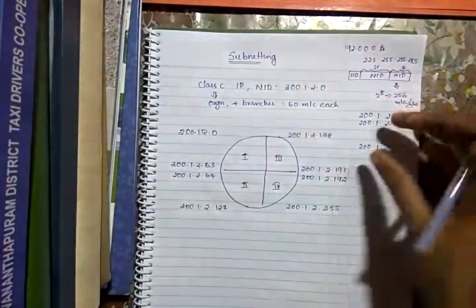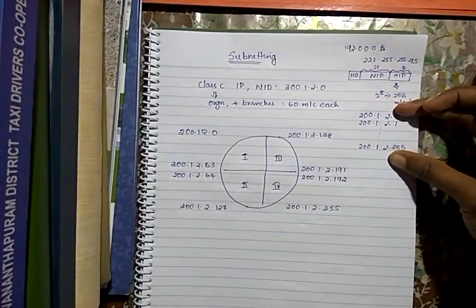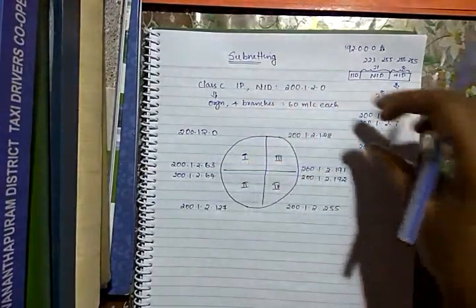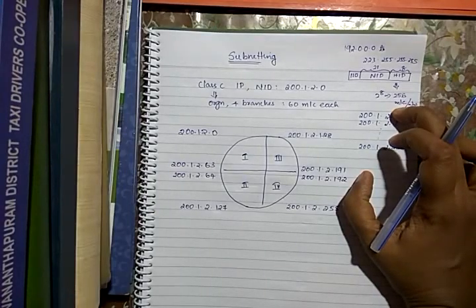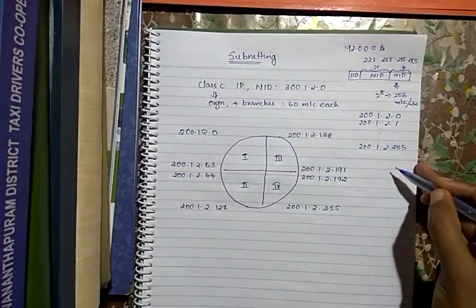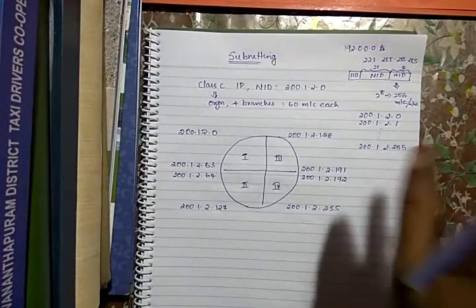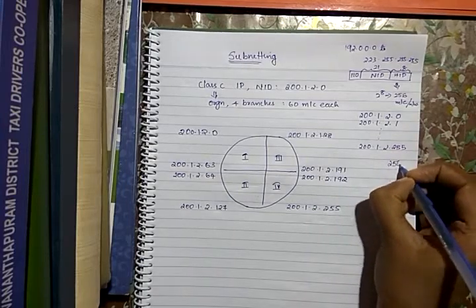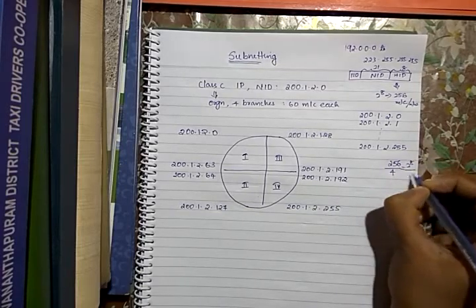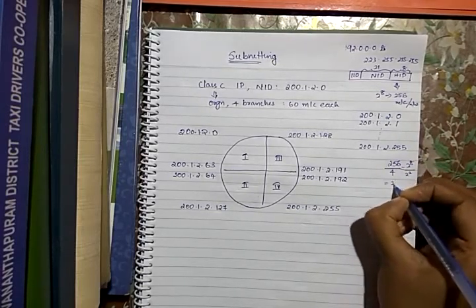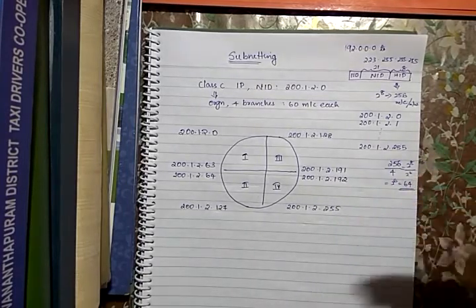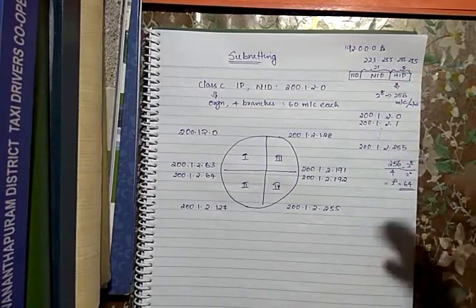One better way is, it can buy these 256 addresses together by this particular network ID, and it can divide these 256 addresses into 4 parts, because we have 256 different combinations. When 256 is divided by 4, it is 64, because 256 is 2 raised to 8, 4 is 2 raised to 2, and you get 2 raised to 6, that is 64. In that way also the organization can make use of these 256 addresses.